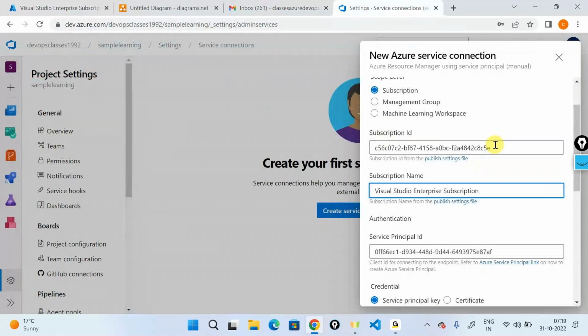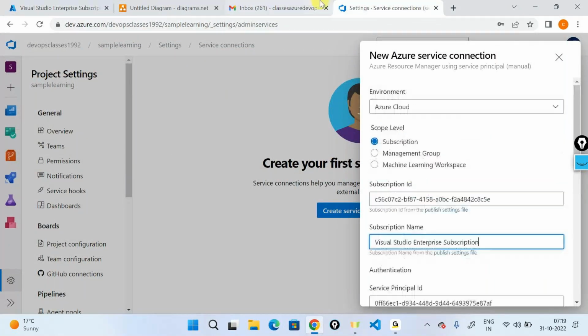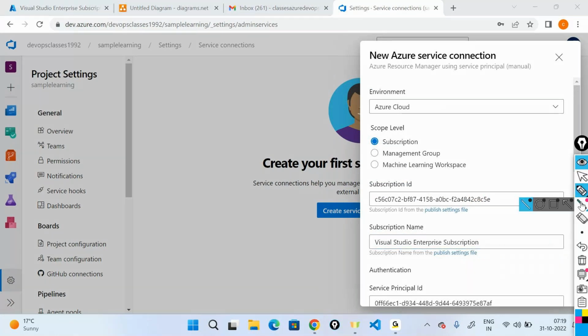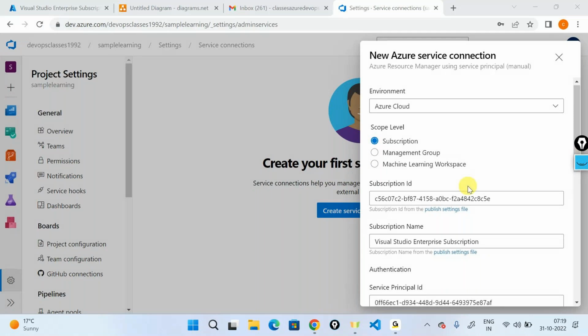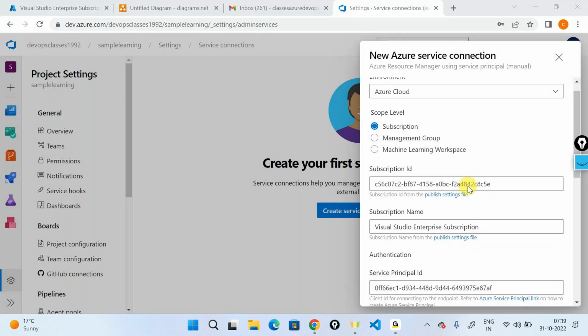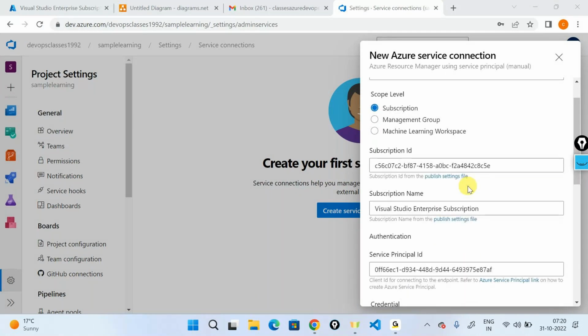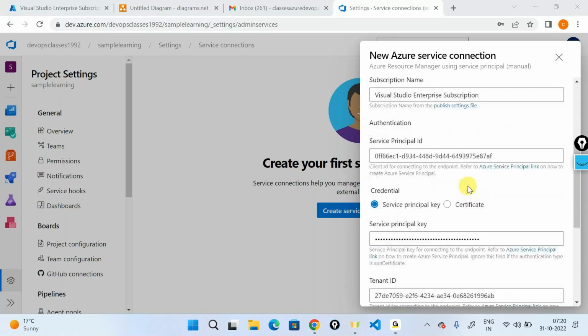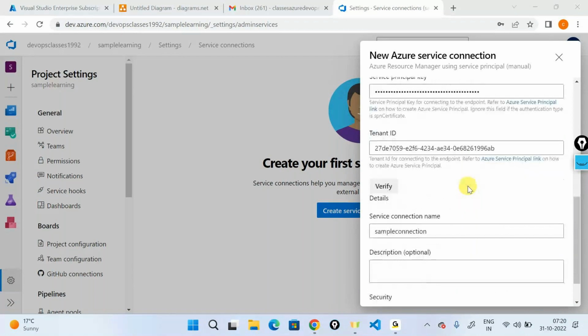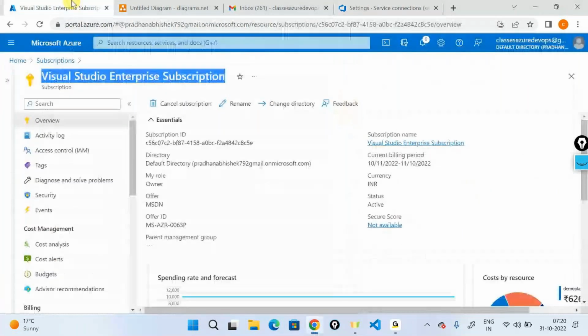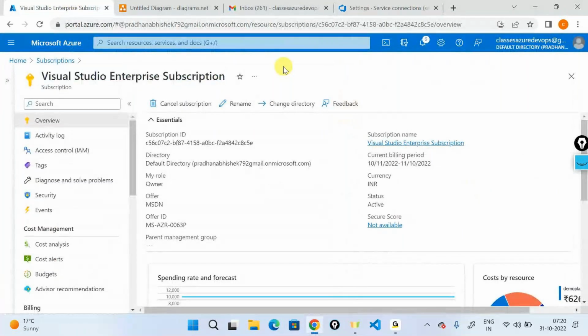So once this is done, what I'm doing right now is that I am representing Azure DevOps as an app registration. So what I did is I created an app registration on the Azure portal. I went ahead and I took something called a service principal ID, and then the service principal key, tenant ID, and finally one last thing that I'll do is that once coming back at my subscription,